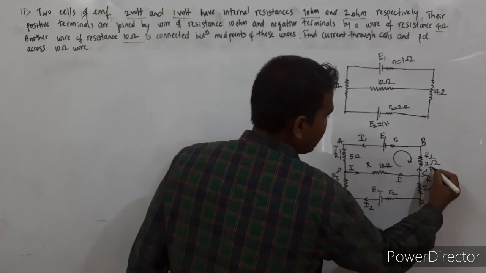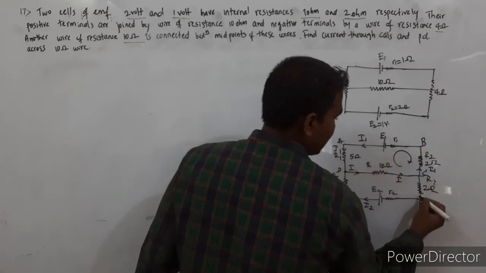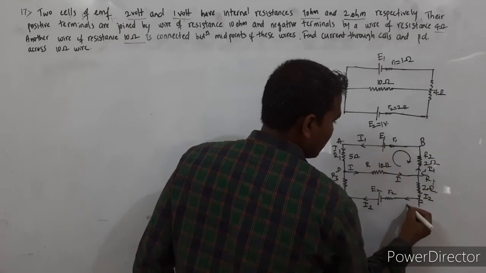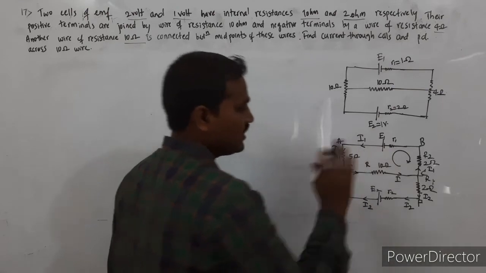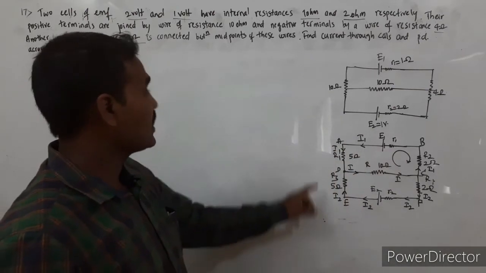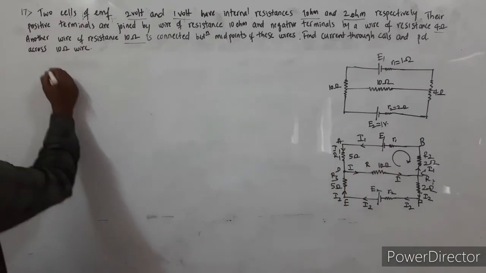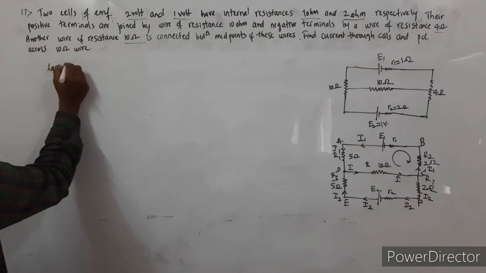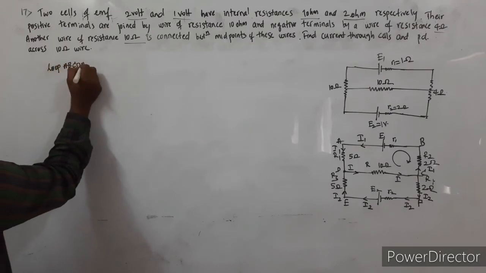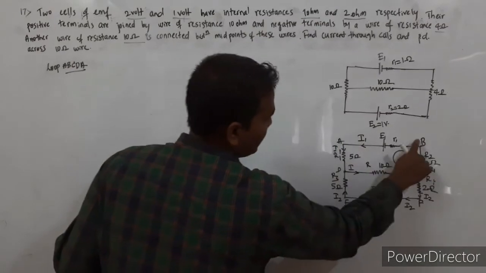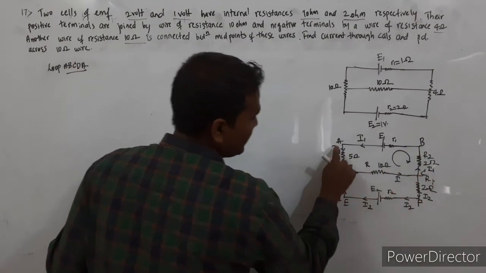Here I will have a capital I. Again the current gets split here, I1 moves vertically upwards and I2 will move down, I2 will flow in the second circuit. Now let us consider the loop. Let me consider the first loop, that is A, B, C, D, A. I am considering the loop A, B, C, D, A.